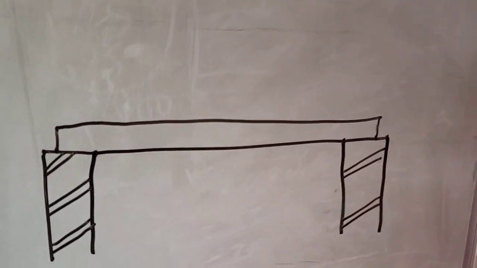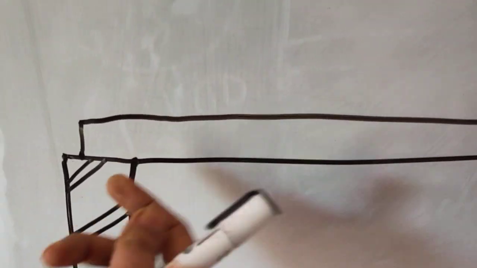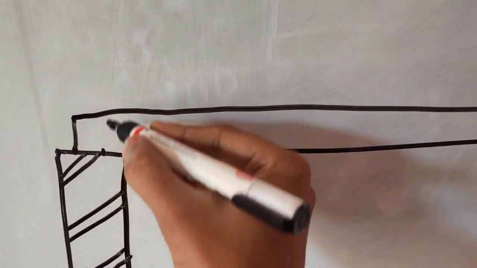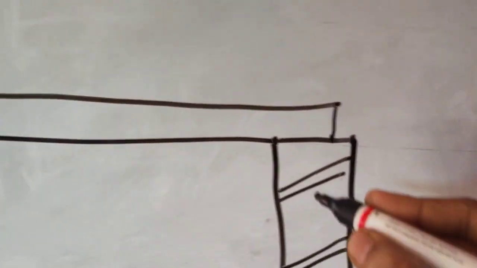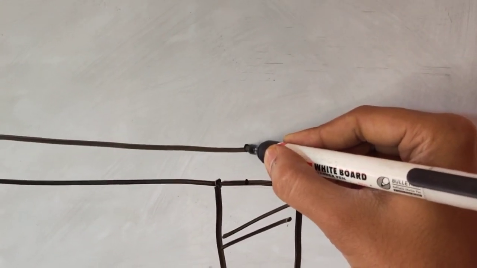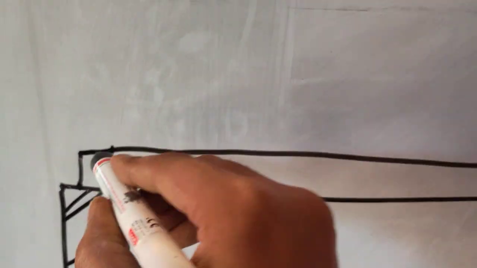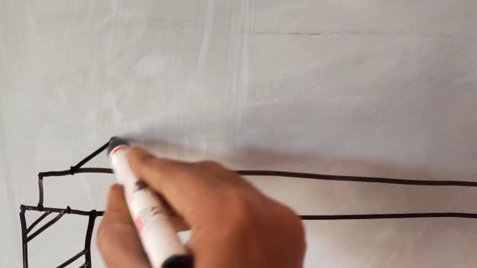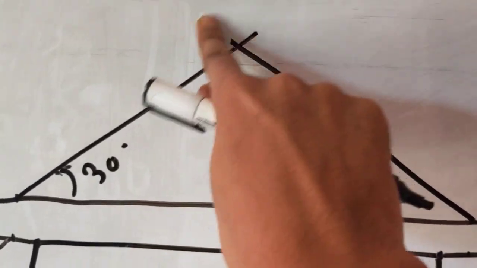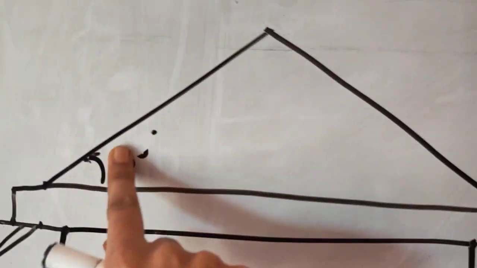So now we have to draw the principal rafter. Okay. So from the center point of this portion, suppose this is the center point, so we'll take the center here. This portion's center point is this, so we'll shift the point up to here, and then we'll simply draw a line which is inclined at 30 degree. This angle is 30 degree. From here also we'll draw the same line and let them intersect at this particular point. Okay.